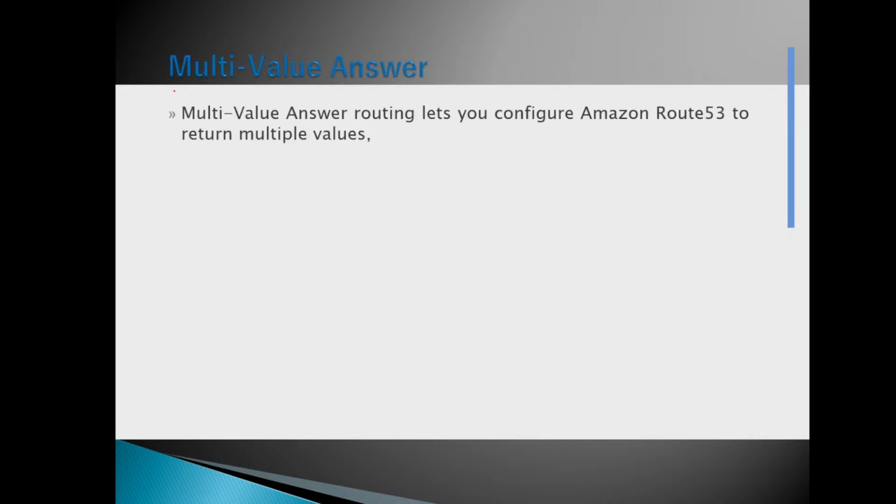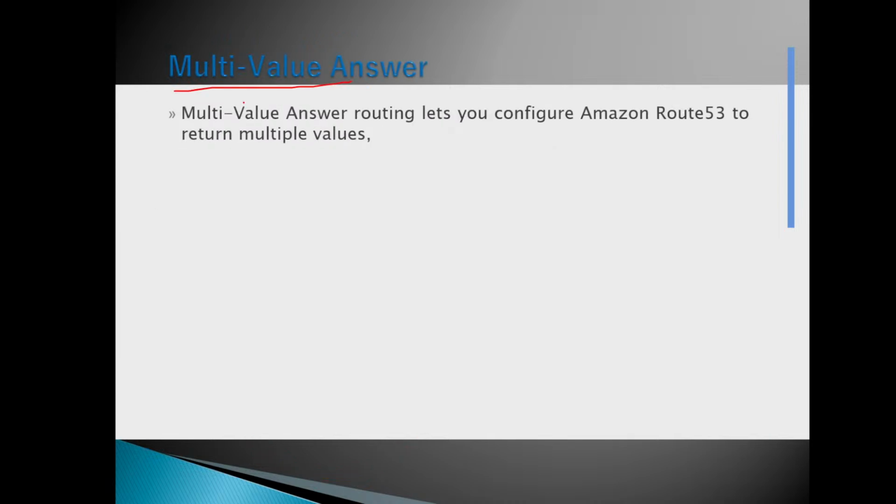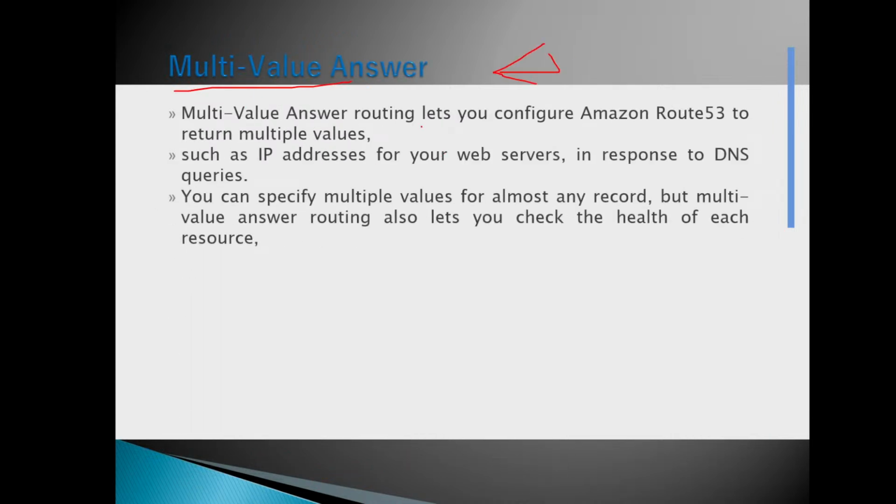Now multi-value is similar to simple routing. If you remember, in simple routing there is no health check associated with it. But if you want to enable simple routing with a health check, that's multi-value. You can enable a health check with simple routing. So simple routing answers requests